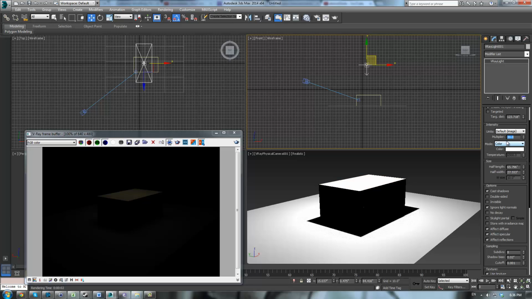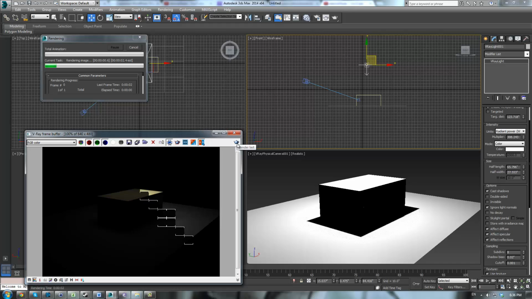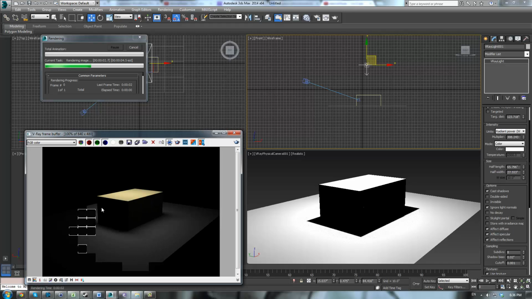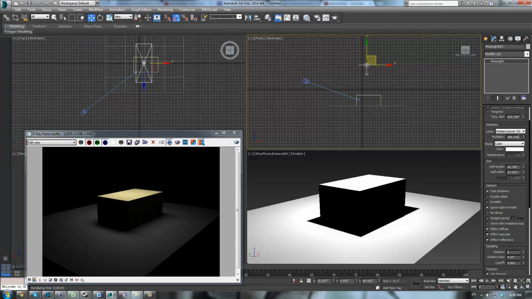30. Okay, and the same can be said for other things. For example, radiance power, if we want watts, and you re-render, you're going to see that it changes because the units have changed. And you can change any of those. You can use any units you want if you're basing it off a real life setup. Say you have a 60 watt bulb, well you can set it at 60 watts, and as long as your scene is set to scale,